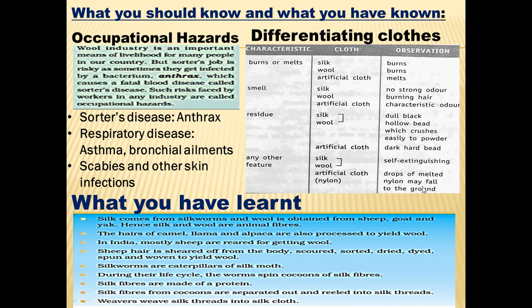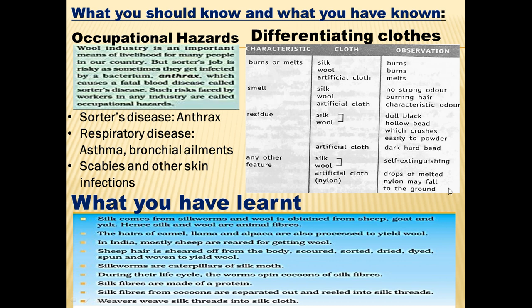So we have learned many things in this chapter: silk comes from the silkworms and wool is obtained from the sheep, goat and the yak. Hence, silk and wool are animal fibers. Hairs of camel, llama, and alpaca are also processed into wool. In India, mostly sheep are reared